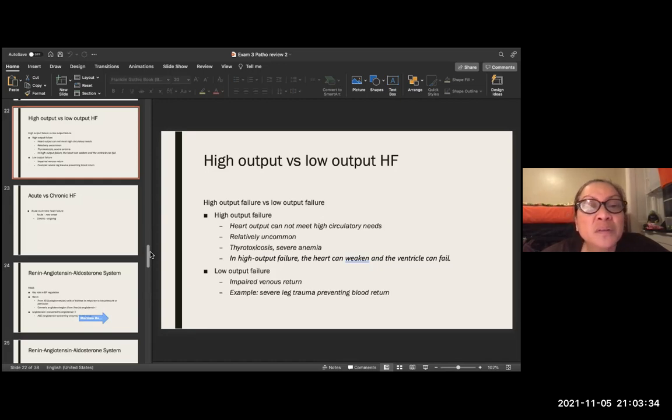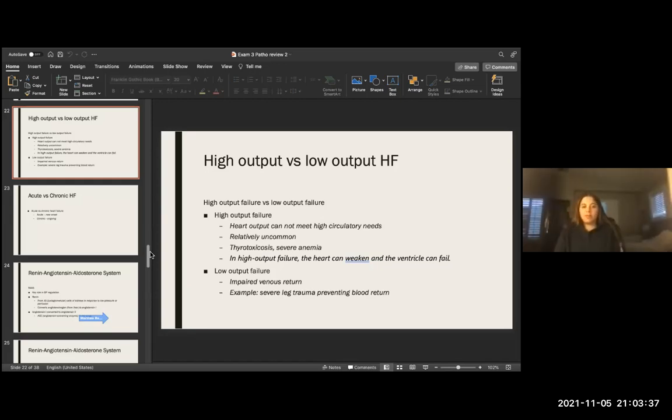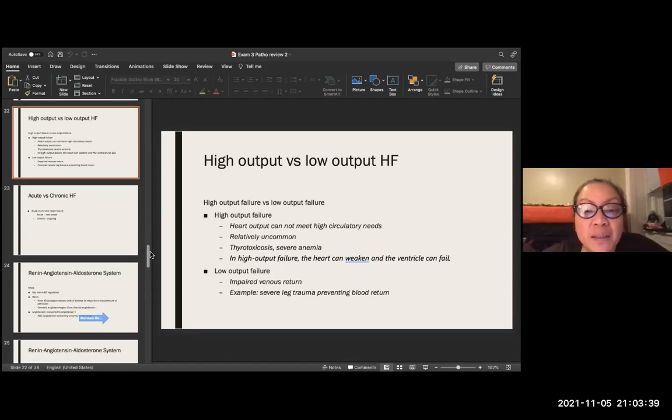Okay, high output versus low output. What is HF? Heart failure. So heart failure is there's a lot of ischemia that happened already. So there is high output failure and low output failure. Usually the high output failure is